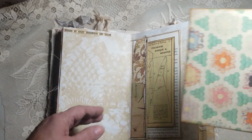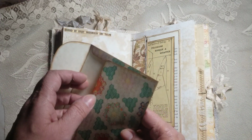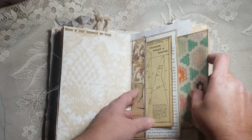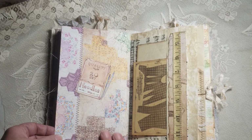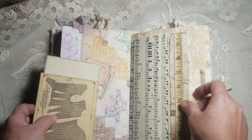And then in here, this came with the kit. I think you get 2 envelopes. I didn't put anything in here. I have extra ephemera. I'm probably going to go back in and put some in here. So that goes in there. And then look at that. So pretty. Here's another side pocket from my